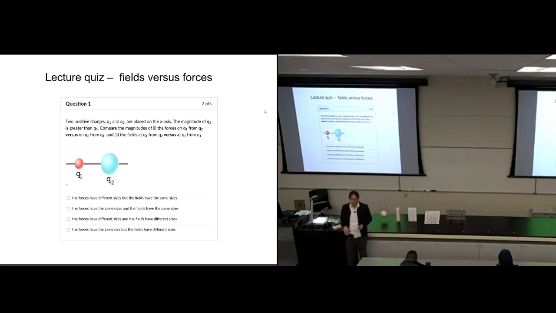Everybody okay with that? Yes? If you were thinking about this mathematically, Coulomb's law would show that the forces are equal because you would use both Q1 and Q2 in Coulomb's law? Yeah, that's a really good way of thinking about it. If you like to think mathematically,